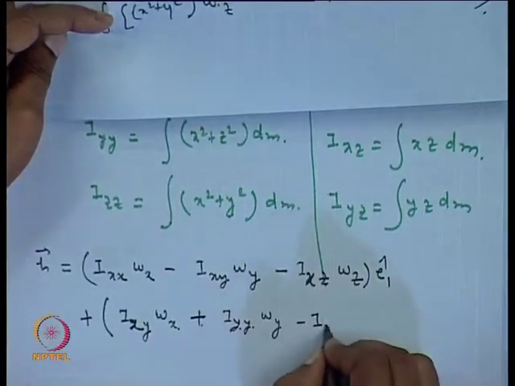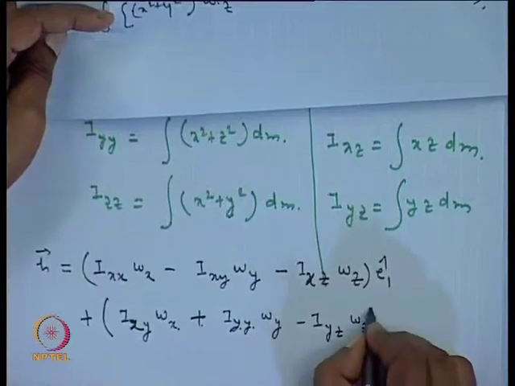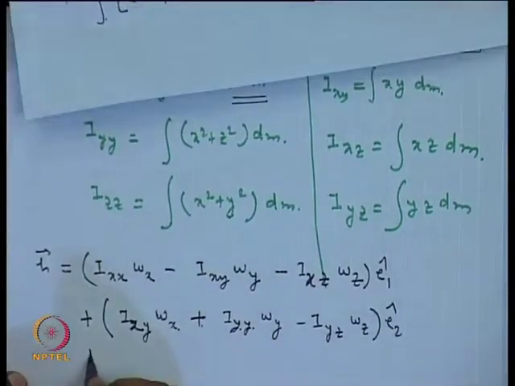So, this with a negative sign times omega_z, E2 cap, and similarly the third term